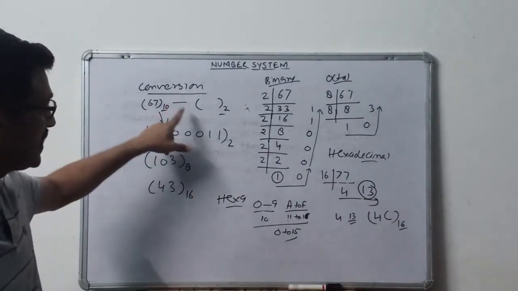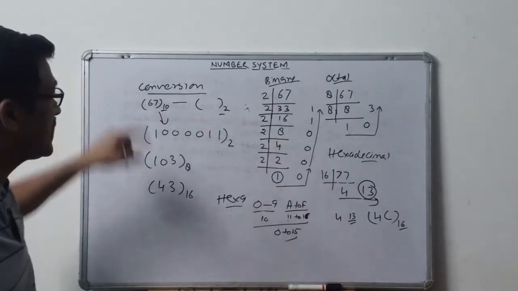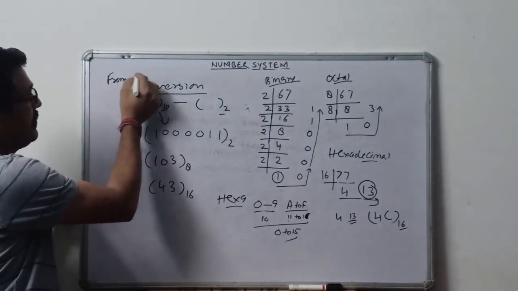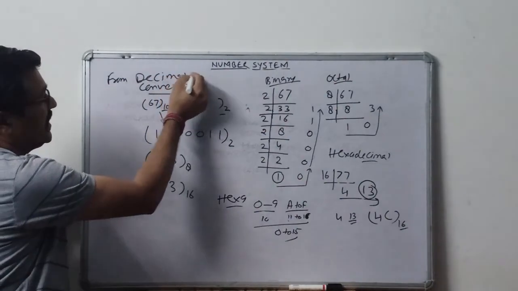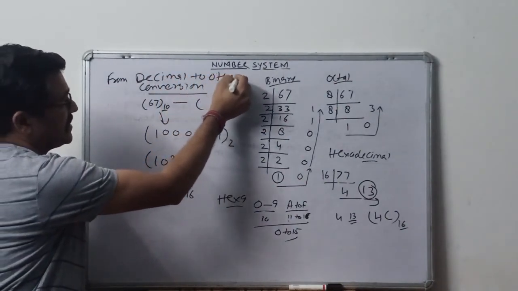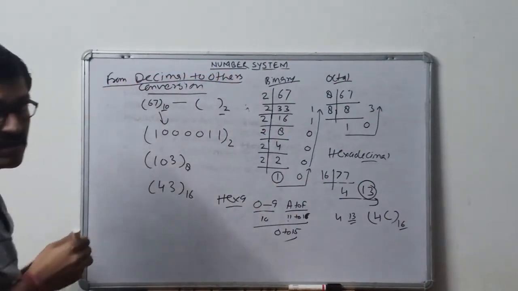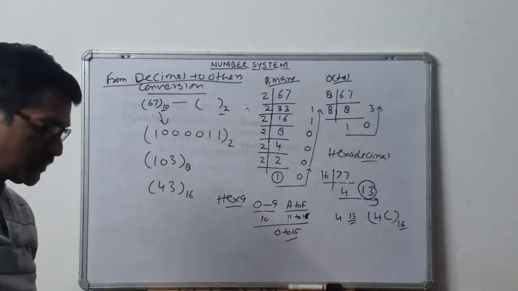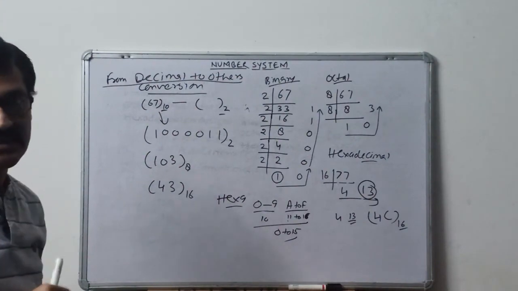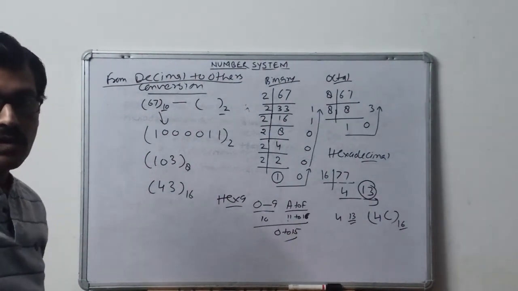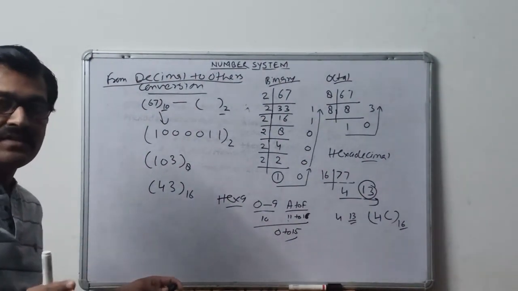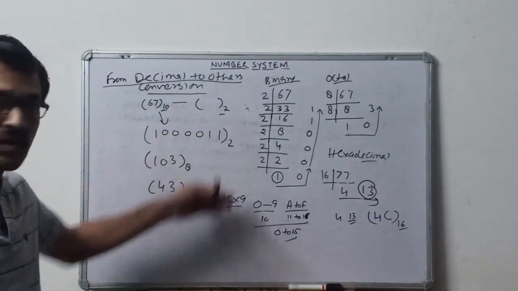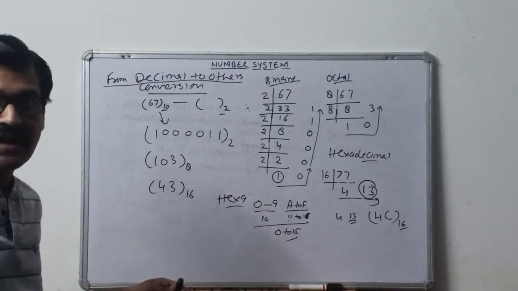So this is the method of conversion from decimal. Most important is from decimal to others. It is very important. If we need to convert any decimal value into others, we have to use the method divide by base. I'll give you one assignment in which some of the questions will be placed. You will have to convert them accordingly and will show you after this video.